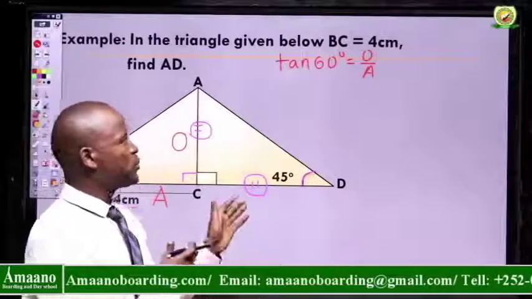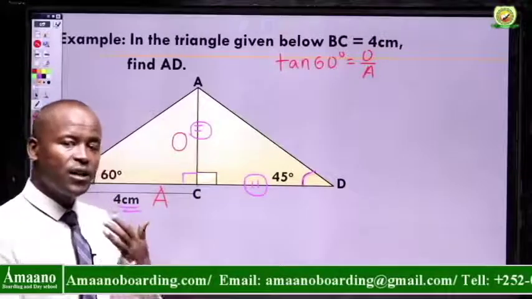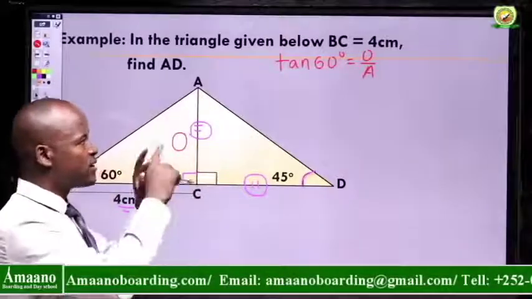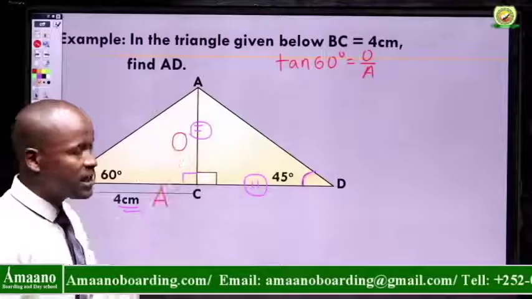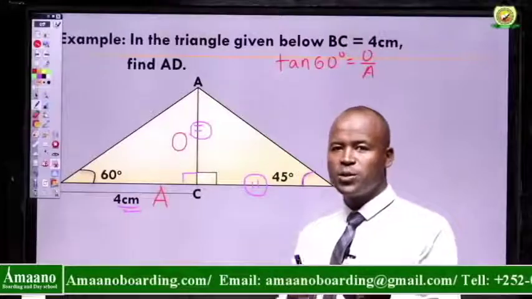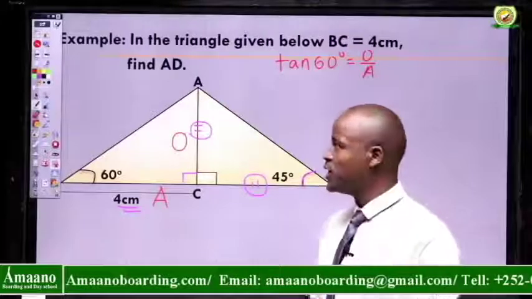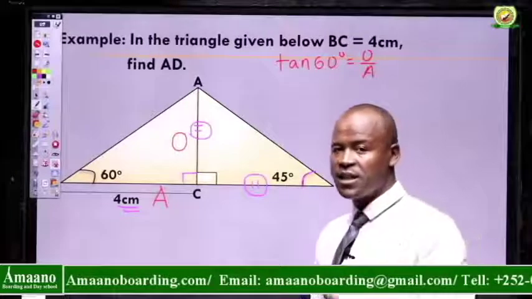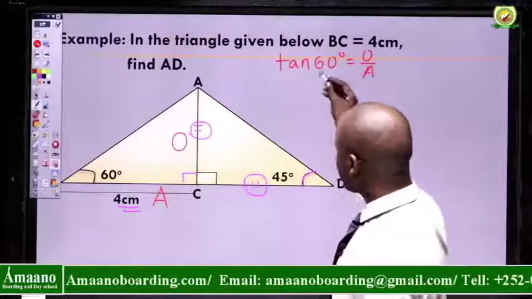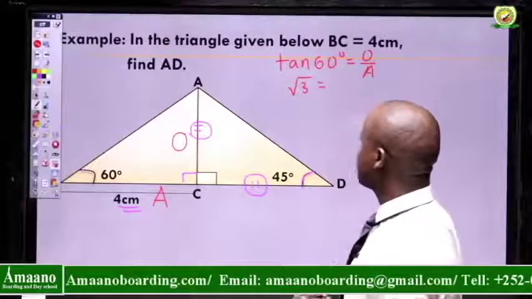I told you in the previous video, I said find values of sine, cosine, and tan of 30 and 60 degrees using the same procedure, because the right-angled triangle was given there, the angles were given, plus the 3 sides were given. So simply using the relationship between the 3 special sides, opposite, adjacent, and hypotenuse, you can determine the 30 and 60 degrees of tan, sine, and cosine of these 2 angles. Okay, so as I said, tan of 60 degrees is the square root of 3 or radical 3, which is